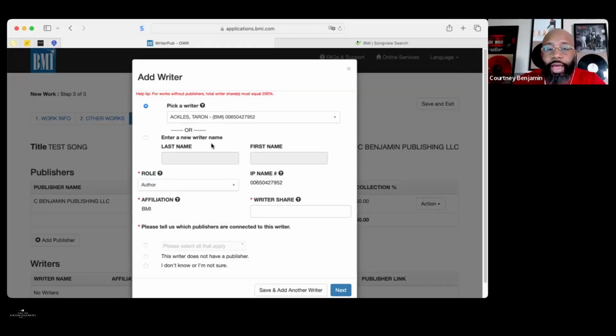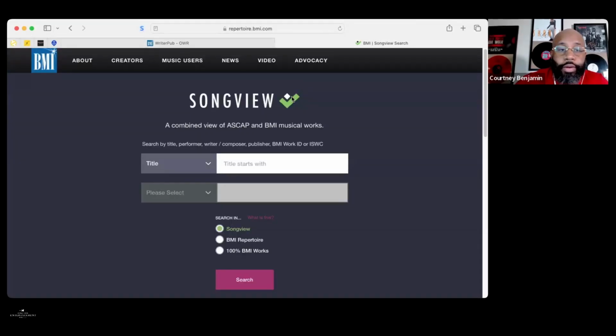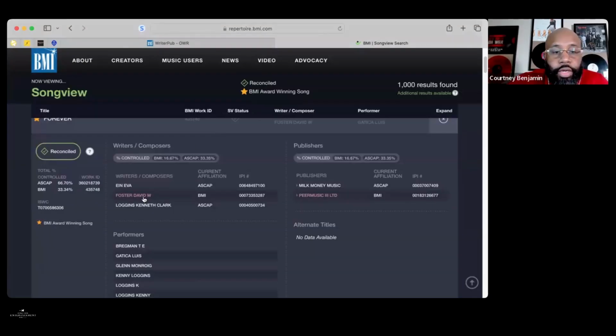And if you ever need to add a new person for a songwriter or a writer, period, and say you don't know their IPI number, you could go to BMI right here, go to song view. You could type in, let's just say that they've been on another song called, just make something up, forever, like a spell, right? All right, and then we just hit search, click on the song, and then say David Foster